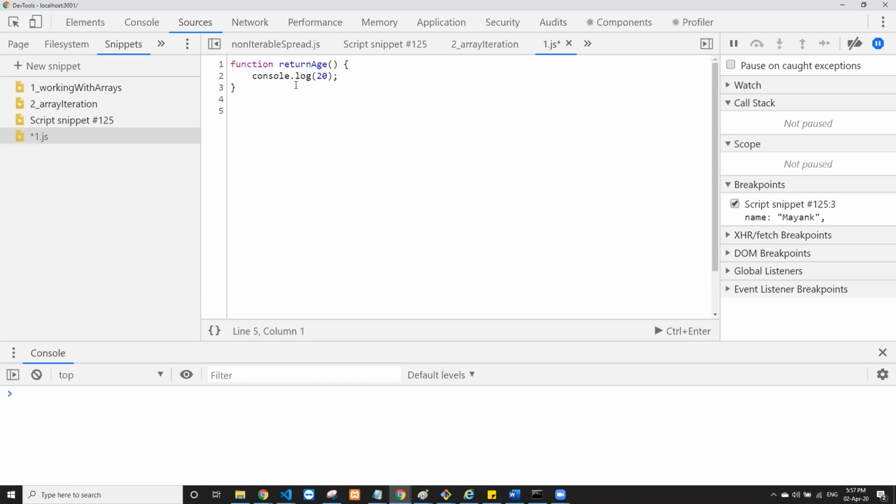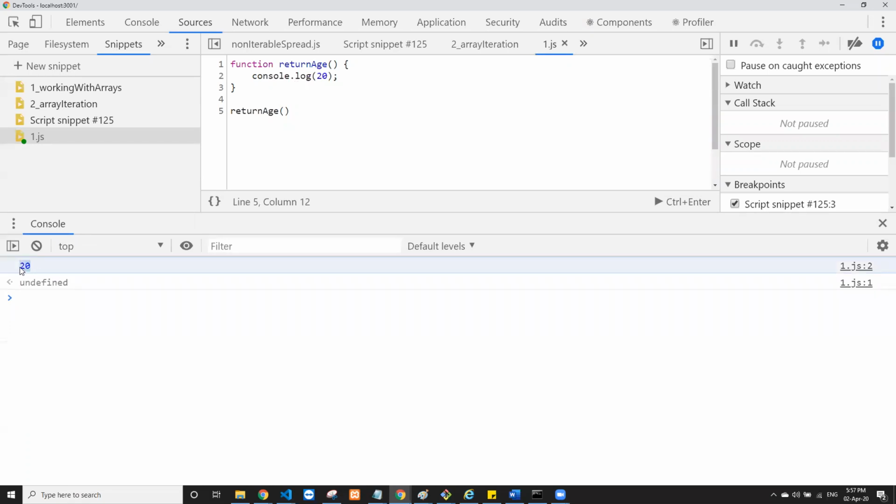So how do we call this function? I have a function which is capable of returning me some data. Let me call that. These two brackets say there might be a function returning you some data. Let me call that function and see what it returns. So I'm putting these two brackets in front of this function declaration. Let's just run this. You go to this file, press run, and at the bottom you can see you get the value 20.